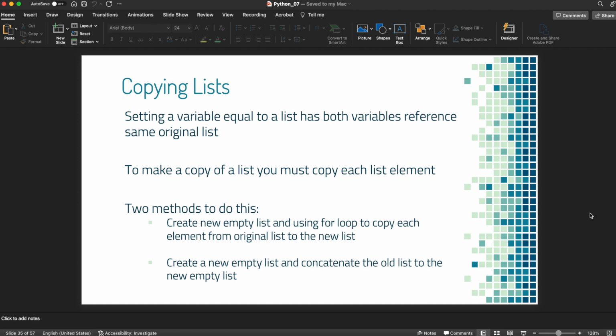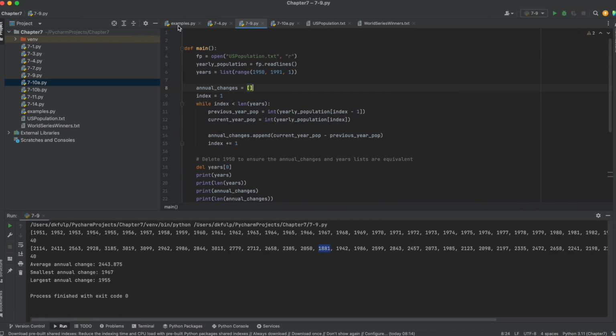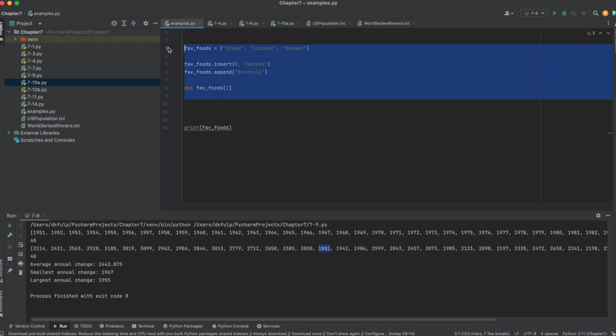So next thing we can do is we can also copy lists, because again, we don't want to have to sit there and rewrite lists over and over again. However, when we set a variable equal to a list, they both have a variable reference to the same original list. So what that means is, if I come over here to examples, and I change this,